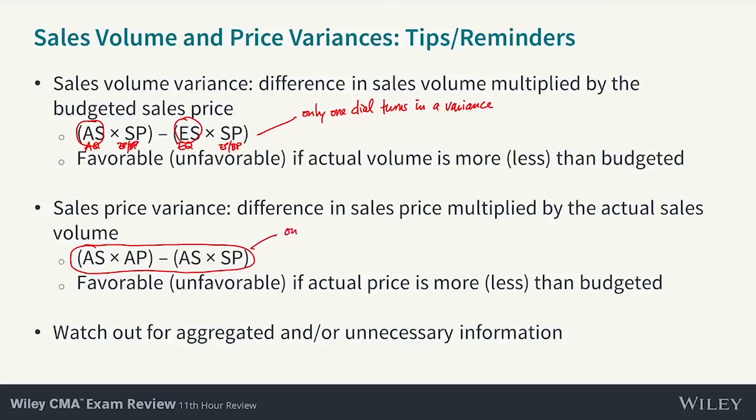Only one dial turns at a time. I'm going to write that again because I want to make sure that that's clear. Again, if we're able to get a higher price than budgeted,